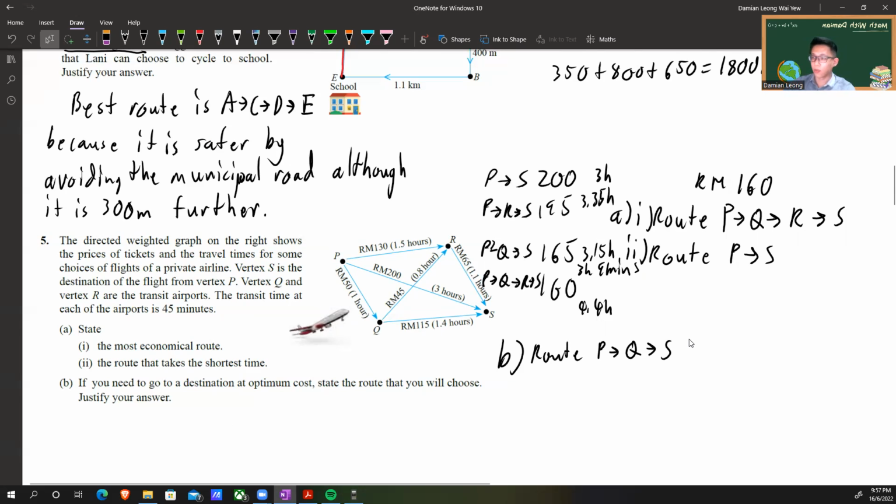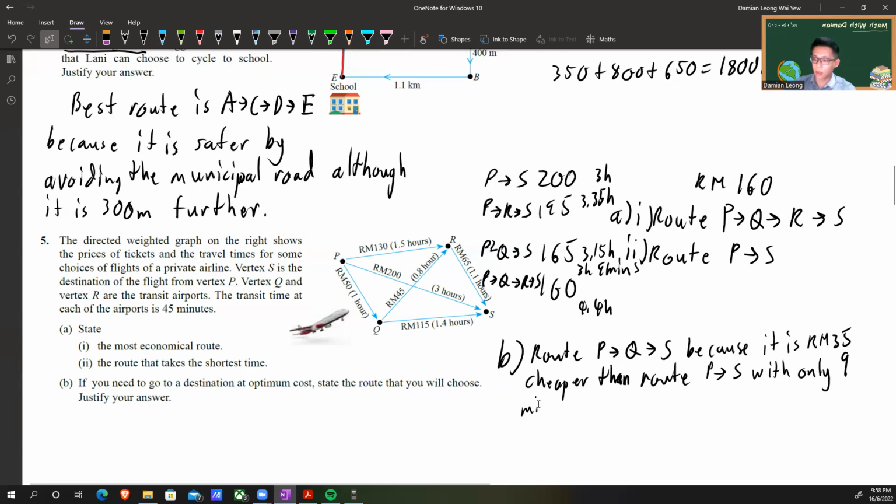If I comment on the price, it is 35 ringgit cheaper than route P to S, with only, then I look at time, 9 minutes extra travel time. And if I compare PQRS